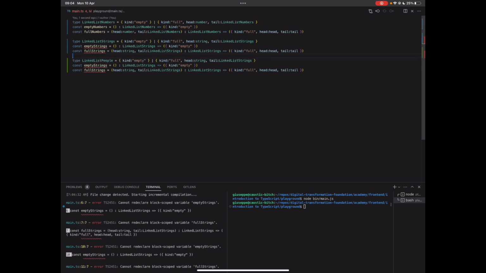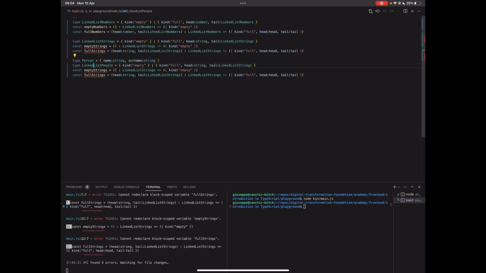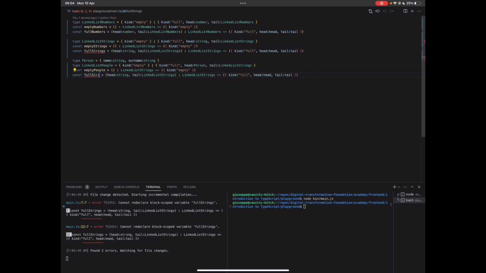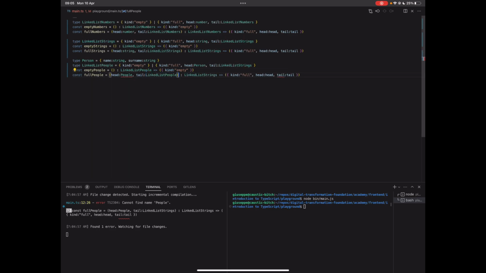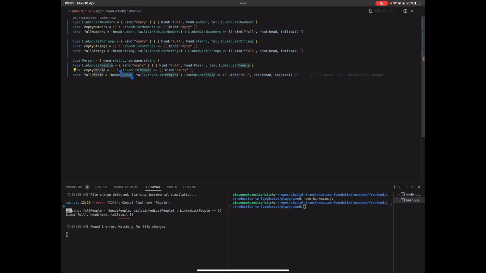the head here will be our usual type person. Name string, surname string. Okay, so here the head becomes a person. These become empty people. Oh, okay, that's a sad name, empty people. But unfortunately, well, it can happen. Okay, linked list strings, linked list people, and the tail is linked list people. Oh, and this was person. Okay. Alright, so now we have 3, and imagine whenever we want to add something to all of these 3